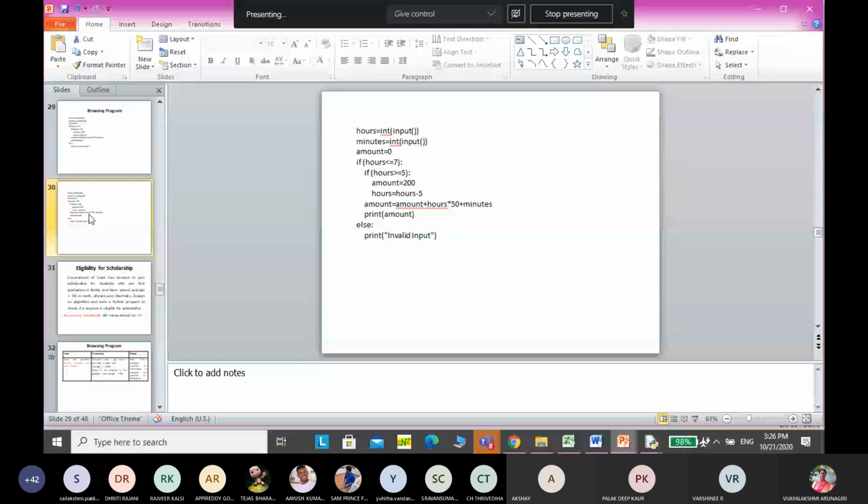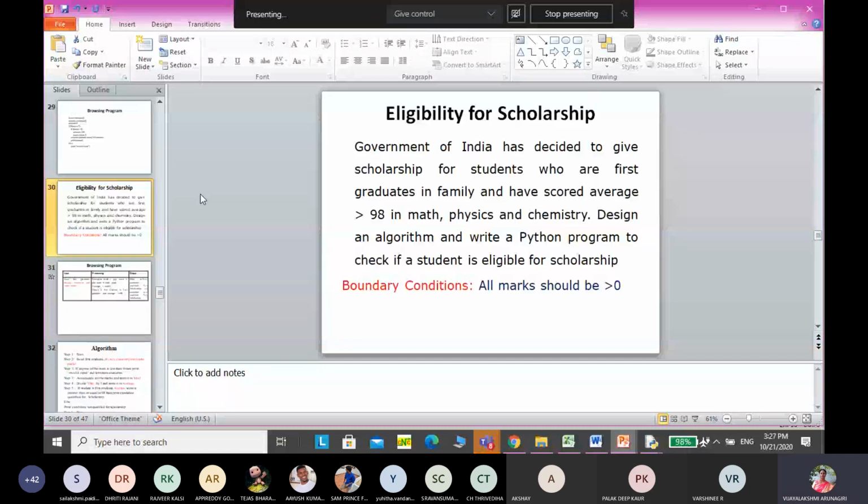Right. So this is the way we have to do the program. You have to keep on trying logic till we get the exact result.